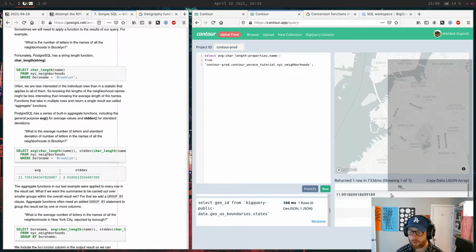Oh yeah, I guess that's interesting. So I guess BigQuery doesn't do what, at least in PostGIS, if you just run a function, it will usually name that column by the function. So this would be called average. Here you just get F0 underscore, which is not quite as nice, but. All right, yeah, there we go, average.